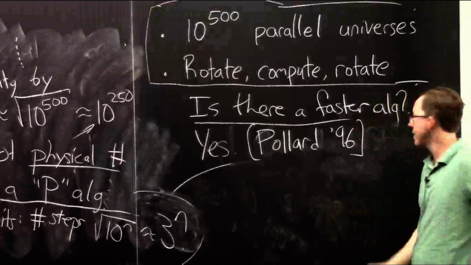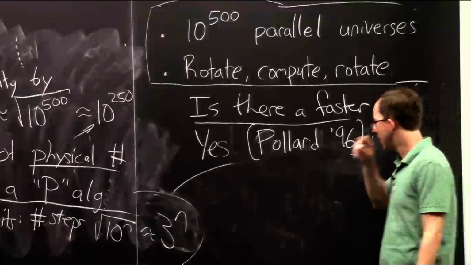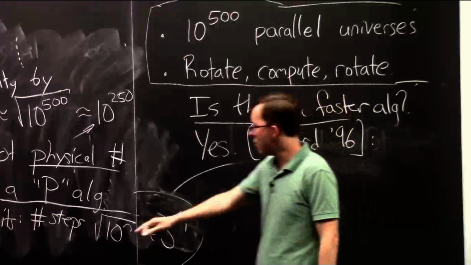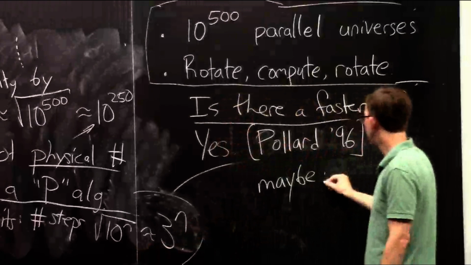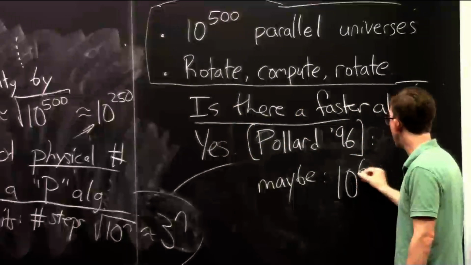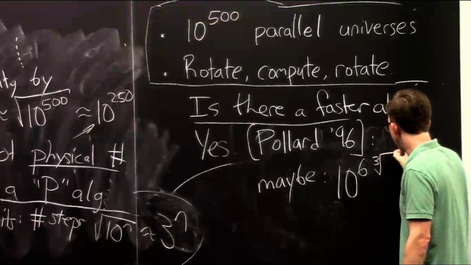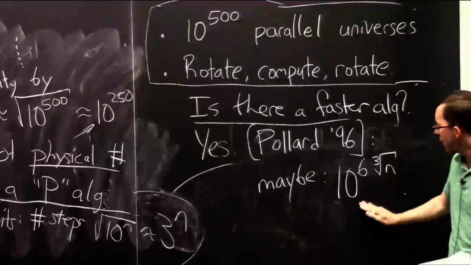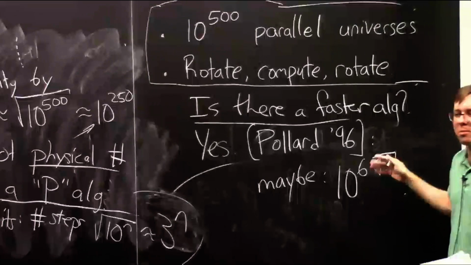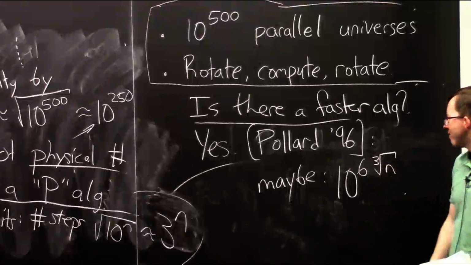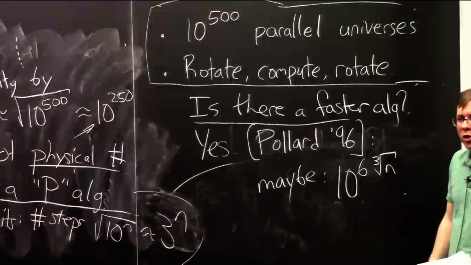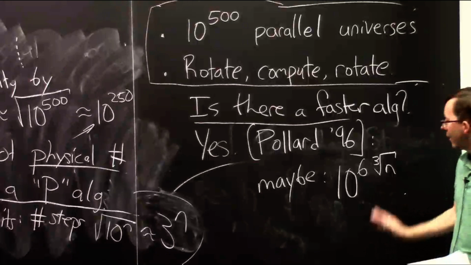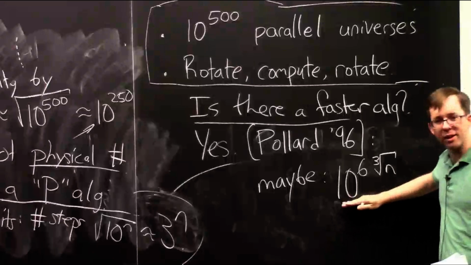And I'm going to say something that's a little bit wrong, but you should think of it as factoring an n-digit number taking about 1,000,000 to the power of the cube root of n steps. Okay, if you want to know the truth, it's exponential in the cube root of n times some polylog factors. And if you really want to know the truth, it's only conjecturally this fast, depending on some number theoretic assumptions, but in practice, it'll be something like this, okay?